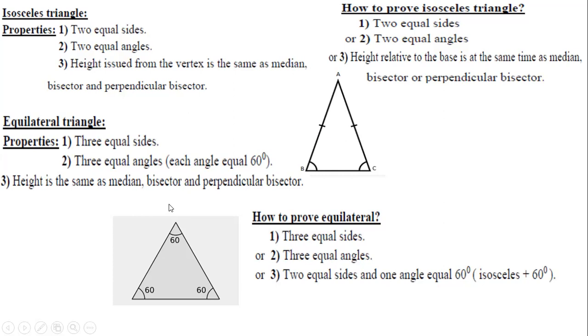Now, if I draw a height from any vertex, from vertex A or from vertex B or from vertex C, this height will be at the same time a median, a bisector, and a perpendicular bisector. If I wanted to prove that a triangle is equilateral, we can prove that it has three equal sides or three equal angles, or we can prove it is an isosceles triangle with one angle equal to 60 degrees, then it will be